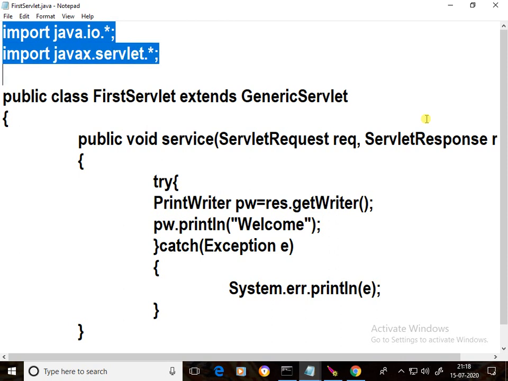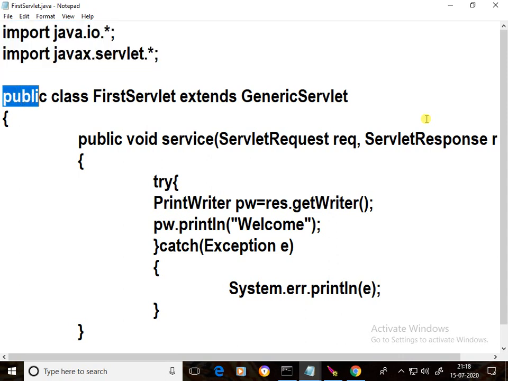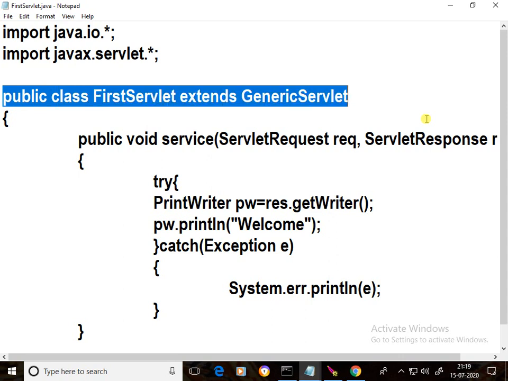In the second line, I imported the javax.servlet package for GenericServlet, ServletRequest and ServletResponse. It should be public because only then is this class accessible to the web container to create the object and call lifecycle methods. Extend GenericServlet.